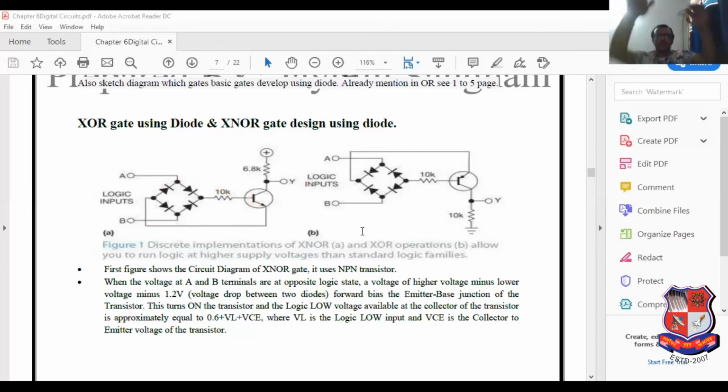Similarly, you will be able to understand XOR gate with the help of a PNP transistor. So basically 4 diodes are required to design XOR gate, and 4 diodes are required to design XNOR gate. So this is the correct explanation of logic gates. ICs, integrated circuits like 7400, it is known as NOT gate, 7432 is known as OR gate. Similar types of numbers I will discuss in lecture number 2, which is known as logic family. Entire logic gates are completed in this lecture.